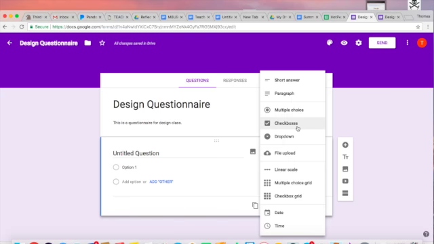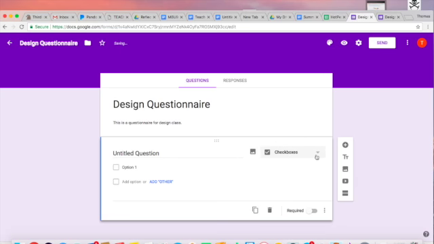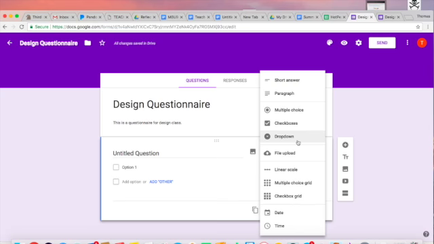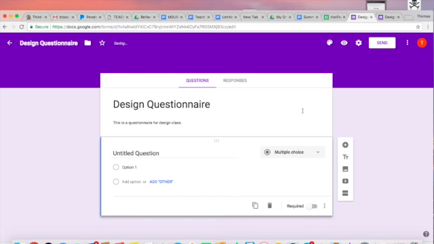I can do checkboxes. That allows me to have multiple answers. So if you want to ask, do you like cats, dogs, or birds, they can click all the ones they like. You can do multiple choice. So do you like cats? Yes, no. Or which animal do you prefer? Cats, dogs, birds. You can format it in a lot of different ways,